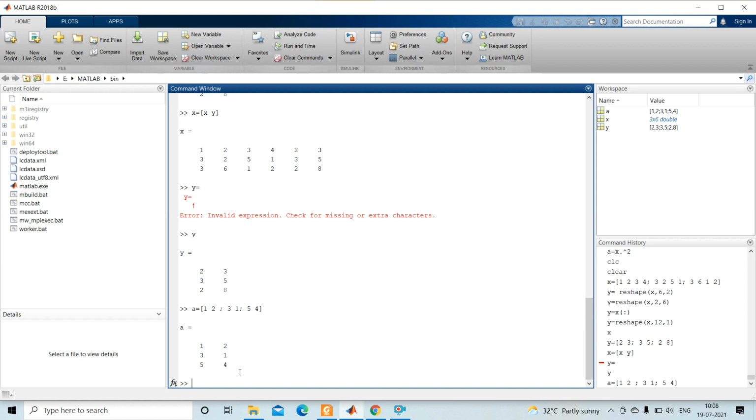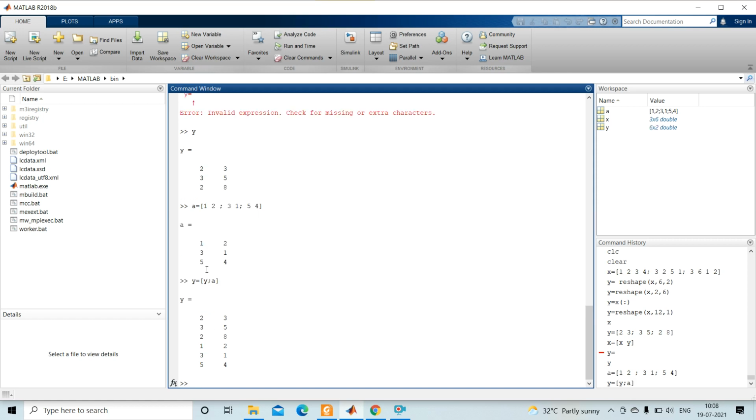So for this I can write y equal to y semicolon A. By giving a semicolon we can create a new row. So enter, see, this is 2 3 3 5 2 8, 2 3 3 5 2 8. After that 1 2 3 1 5 4, 1 2 3 1 5 4.